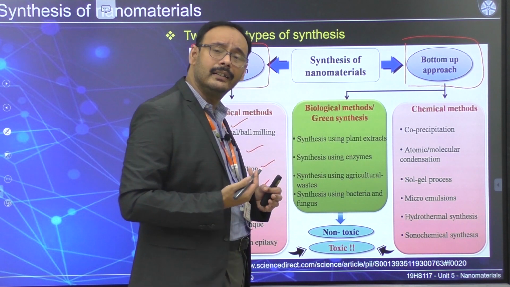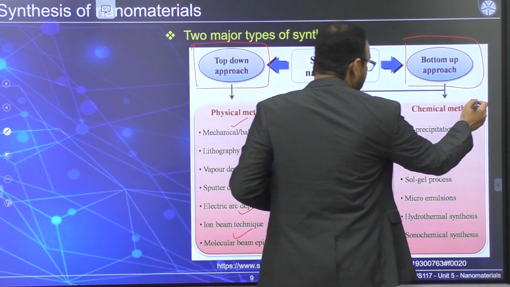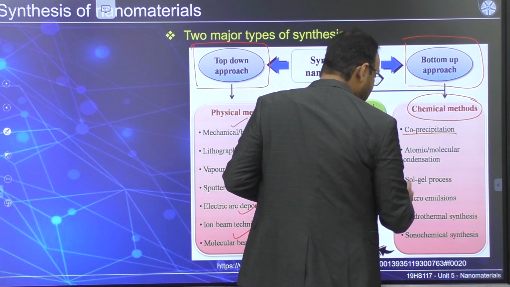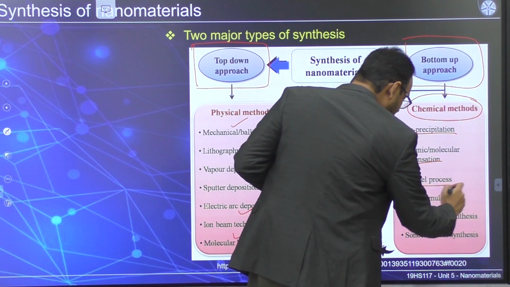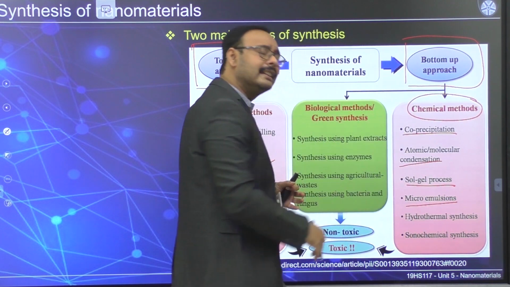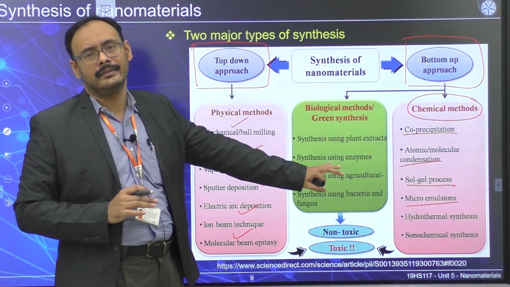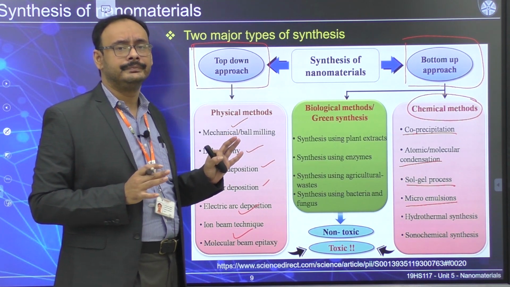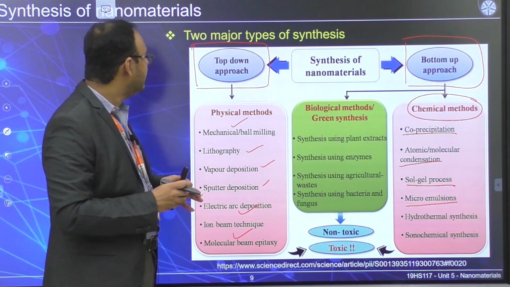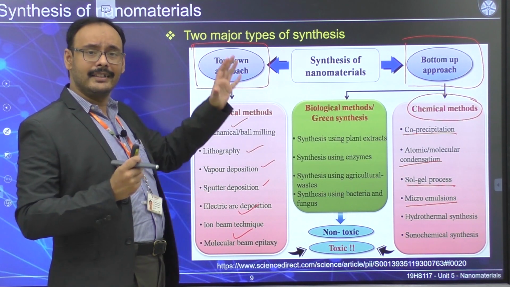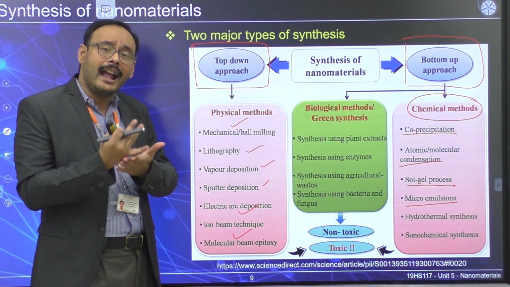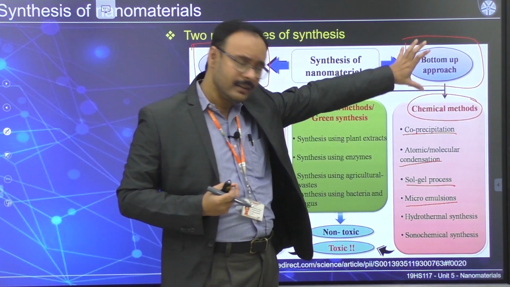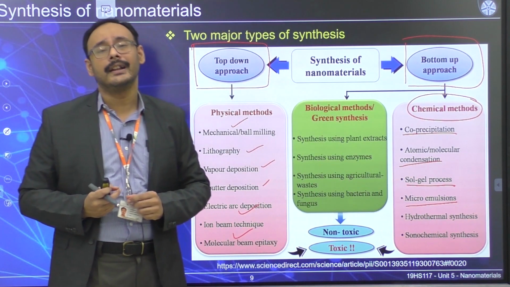So what are the methods that you can have? As far as the chemical methods are concerned, where reactions are involved, you can have co-precipitation, condensation, sol gel, microemulsion. Again, these are only some of the techniques. There are thousands of other techniques that you can talk about. Primarily for top down, as you can see, you need a hammer, and most of the processes involve physical methods, whereas in the bottom up case, most of the cases need chemical methods.